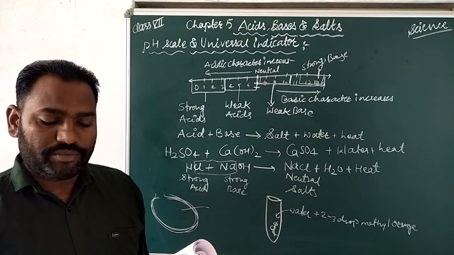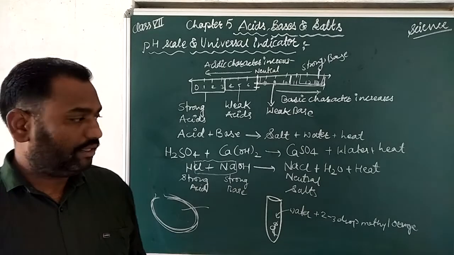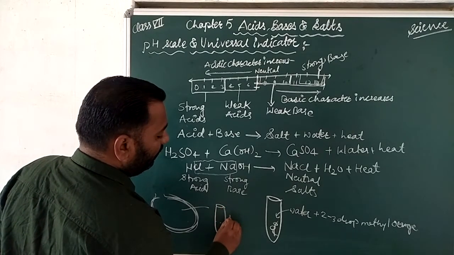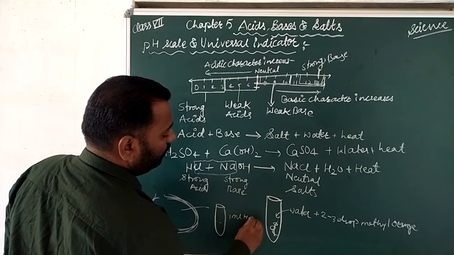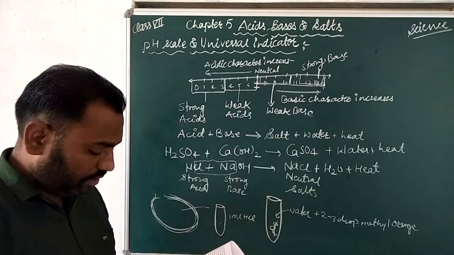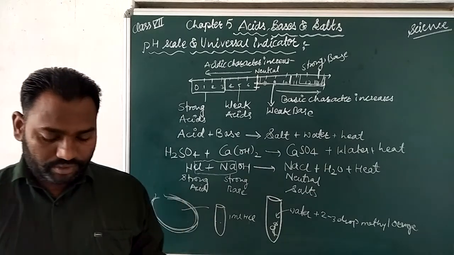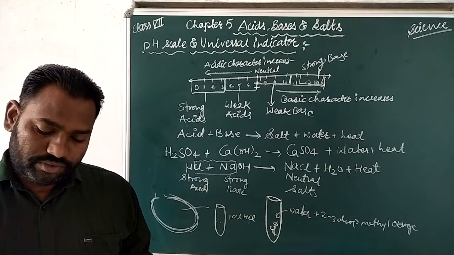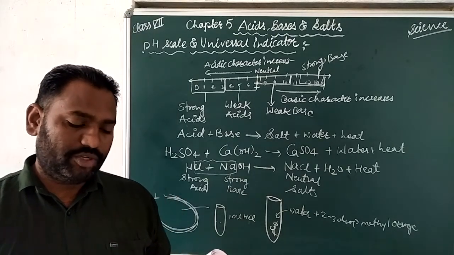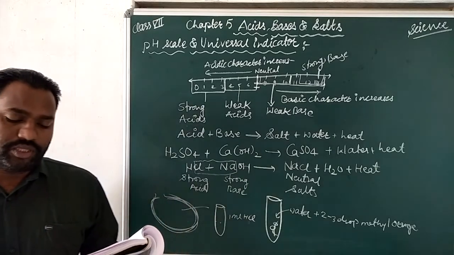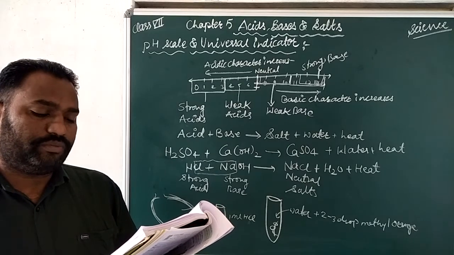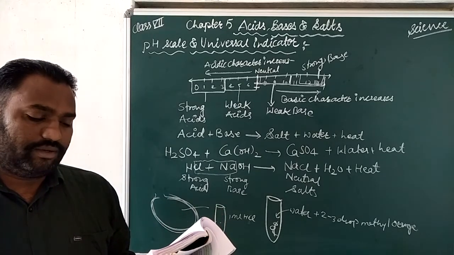In another test tube, take 1 ml of dilute HCl, and one more test tube I will take, and I will take 1 ml HCl, okay, this is HCl. Use a dropper to add the antacid and indicator mixture to this test tube drop by drop till the color changes completely. Observations: when methyl orange is added to a test tube containing an antacid solution, which is basic, okay, so